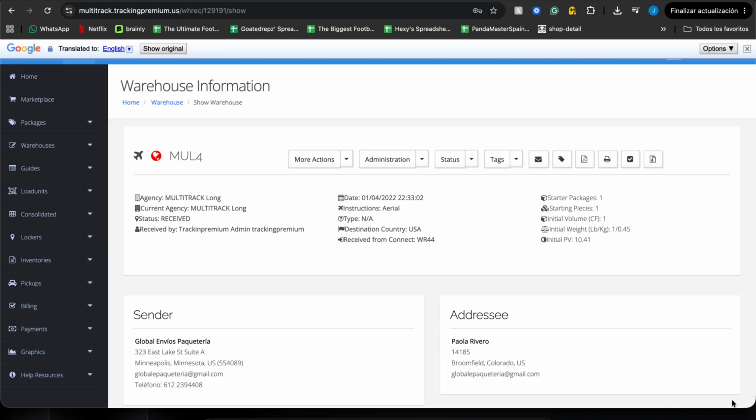Another cool thing about changing your status is that whoever is being shipped out to, they're going to get either an email receipt, an email notification that the warehouse receipt has been shipped out,